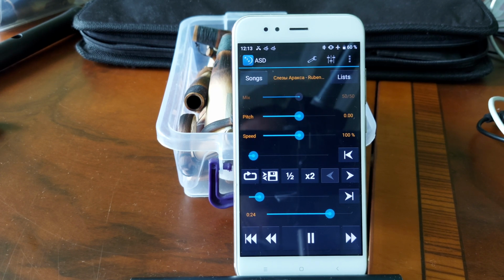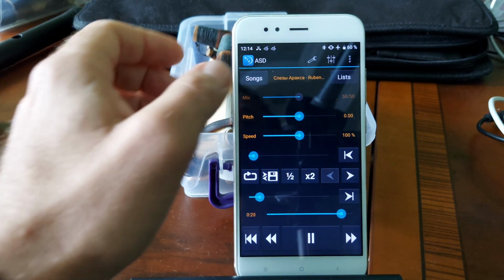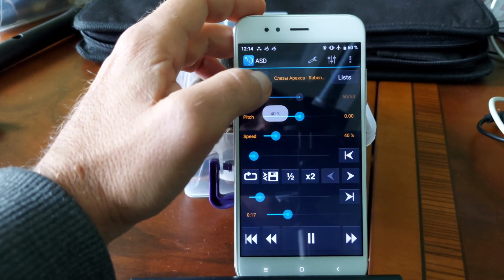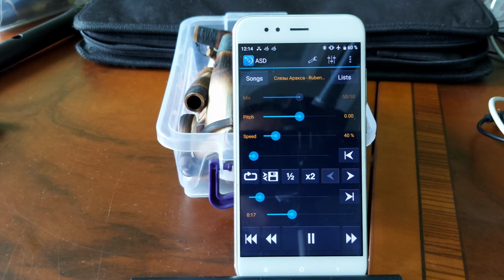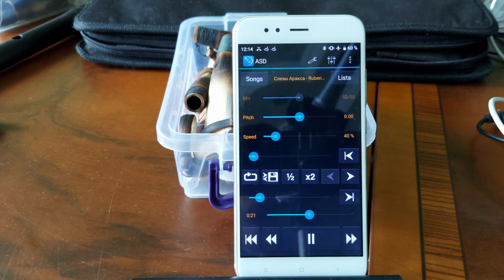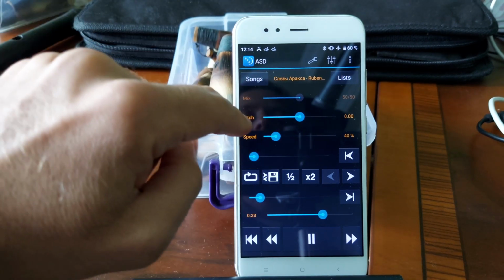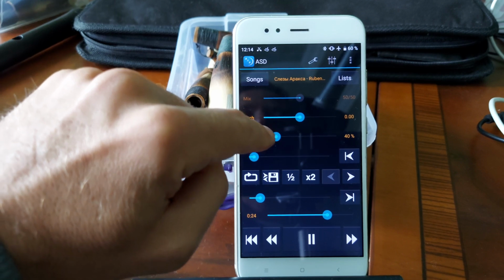It has more notes than the first one. So I slow down this a little bit, just to show you 40%, because it's a simple composition. So he plays the upper B note.